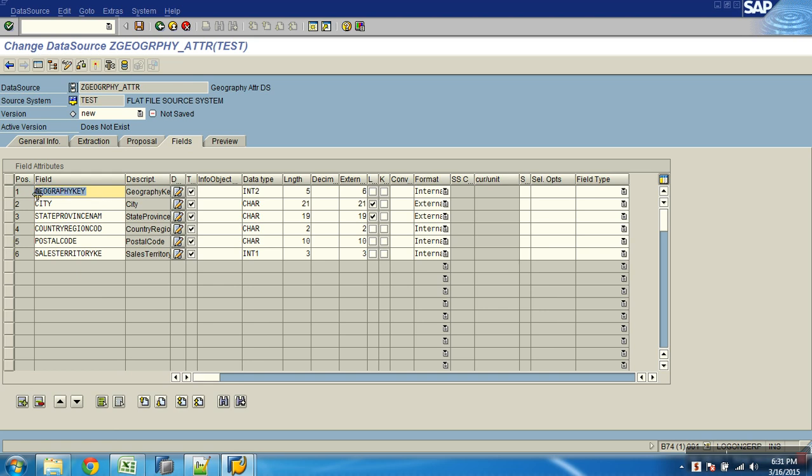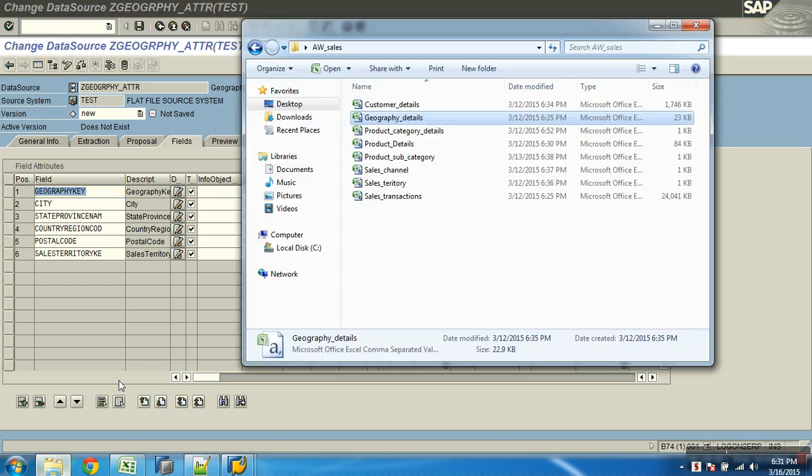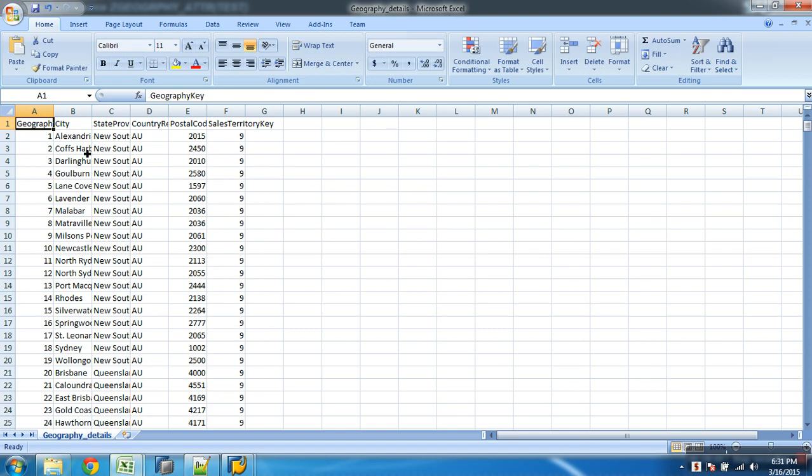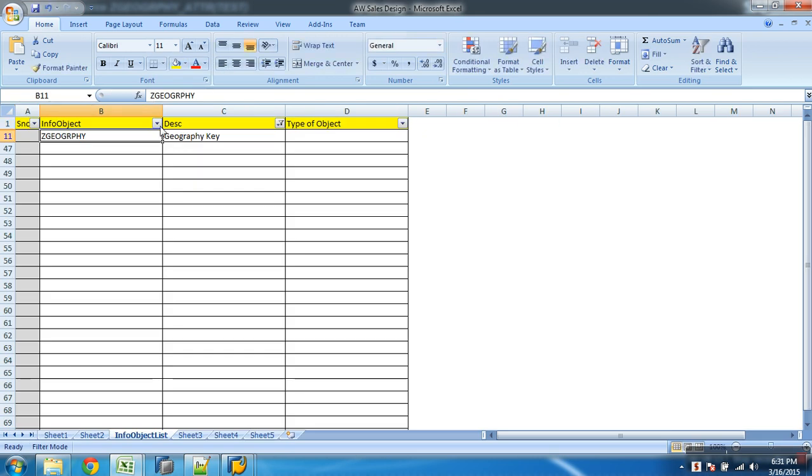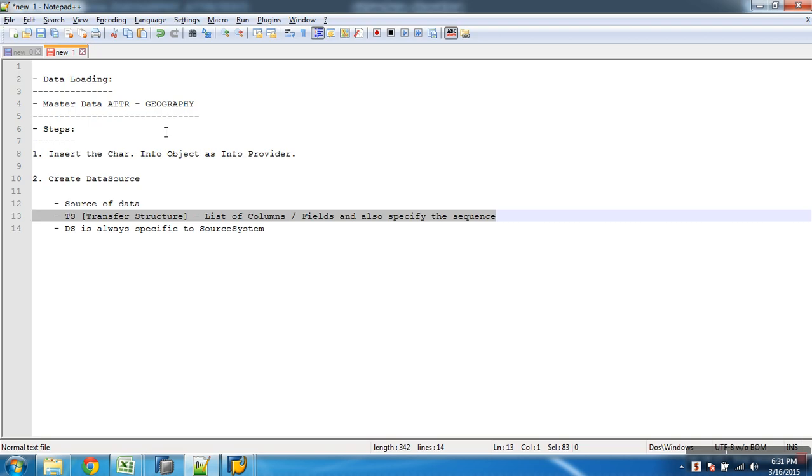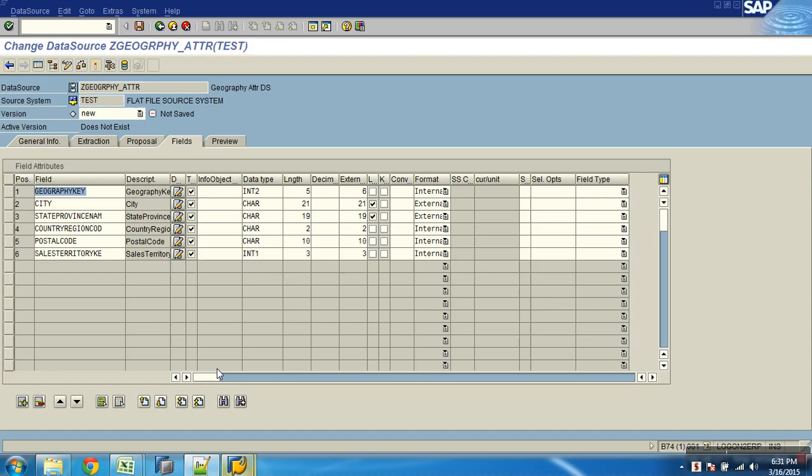Geographic key is first. How did it bring this column field name? From the file header. We had this header column name as geographic key. That's why it takes the first column as geographic key. So from the column headings, it takes those as field names automatically.